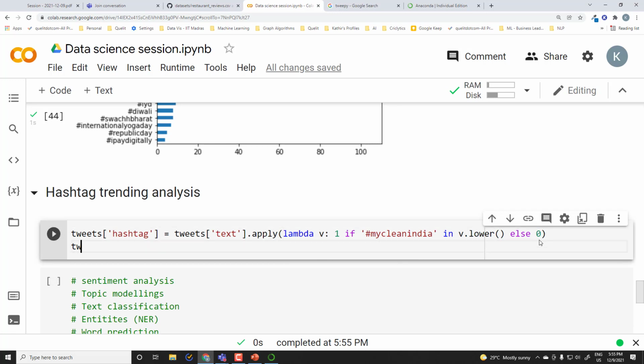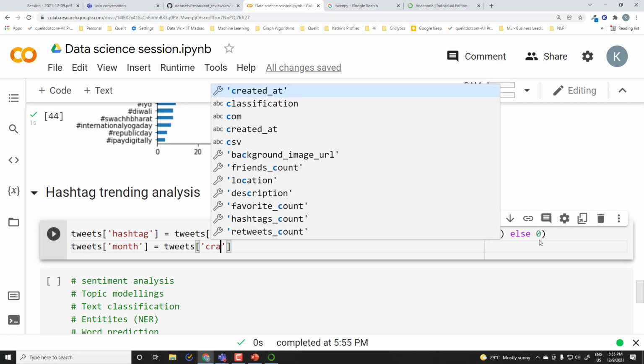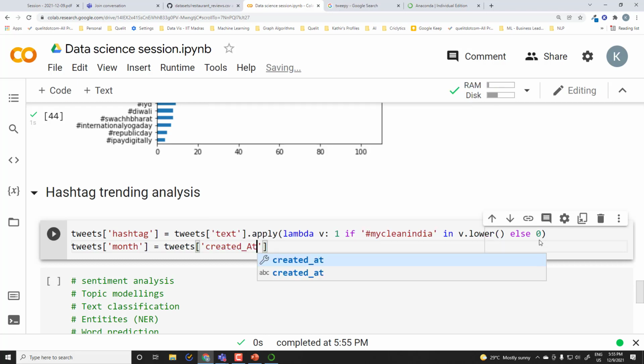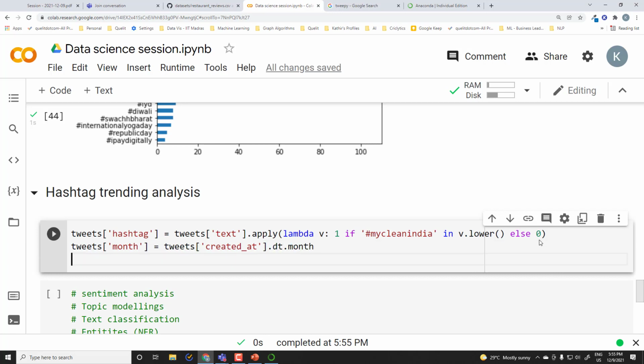And then we can extract the month from the date column, so we have created it with .dt.month, extract the month, and then I can say tweets dot groupby. I'll show the result, then it will become easier to understand.